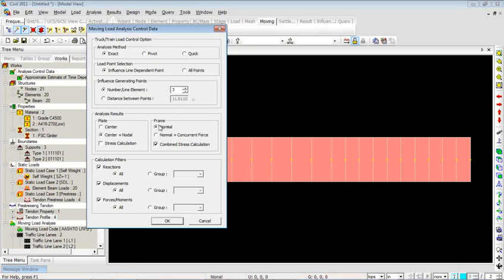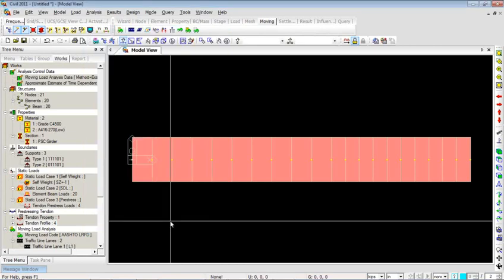Then analysis results, we have an option for frames called normal plus concurrent forces. Basically all other live load analysis produce envelope results only, whereas in MIDAS Civil, if you just check on this button, you will not only get the envelope results but also the concurrent forces associated with it. So for a given bending moment, what is the shear and corresponding axial force will be automatically generated by the program in separate text formats, separate spreadsheet formats. Then you can click OK here,